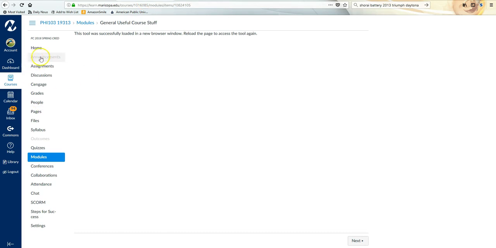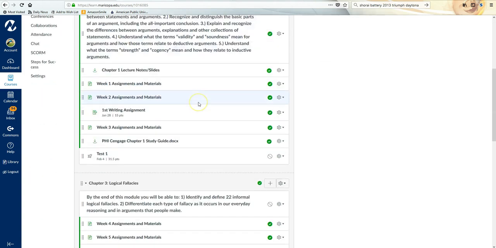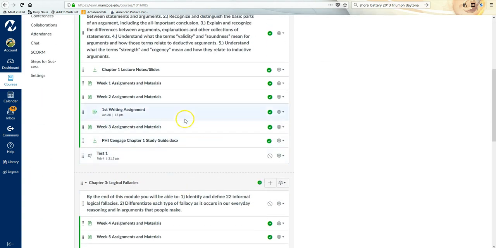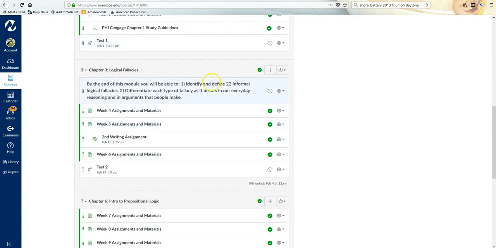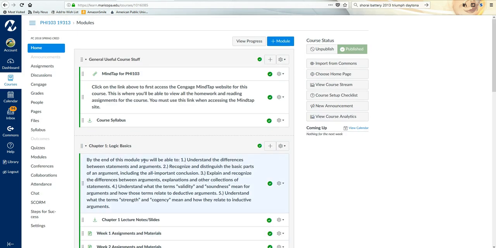Let's go back. So going back to the home page now, other things to note besides these modules. This is now back in my view, so you're not going to see all this stuff. As we make our way through the course, more modules are going to unlock as it gets closer to that time when it's coming up in the schedule. So like Chapter 3, and then Chapter 6, and Chapter 7. The other things to note here on the course homepage,